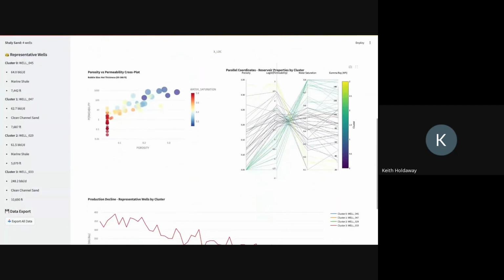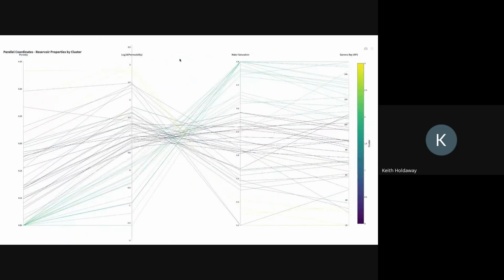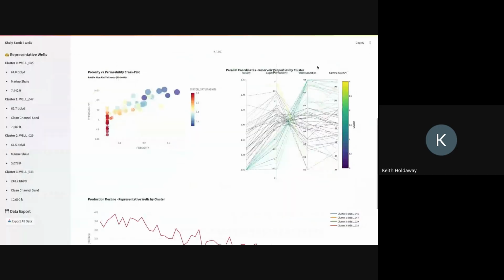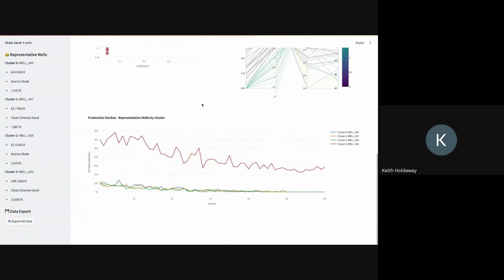And then when we look at some of the other visualizations, the parallel coordinates plots, this one here answers some of the petrophysical parameters and which clusters some of those wells fall into. So obviously we're looking for higher porosity and permeability and lower water saturation. So you can see some of the cluster 3 wells fit that framework. And so it's important for executives and geoscientists to take a quick look at some of these